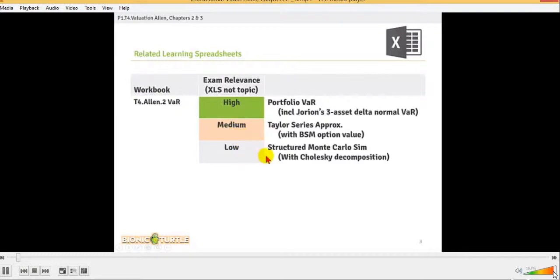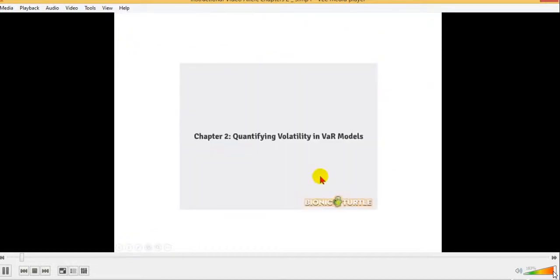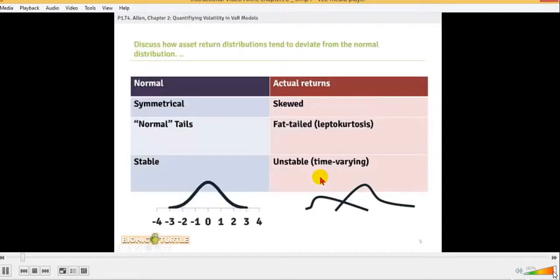And then the most complicated worksheets here in this workbook are also the least relevant from an exam perspective, but there is an example of the structured Monte Carlo simulation, and that includes the Cholesky decomposition. And so Chapter 2, Quantifying Volatility in the VAR Models. So this Linda Allen reading is now 10 years old. We'll see how long it survives in the FRM curriculum, but she starts it off with some very basic idea